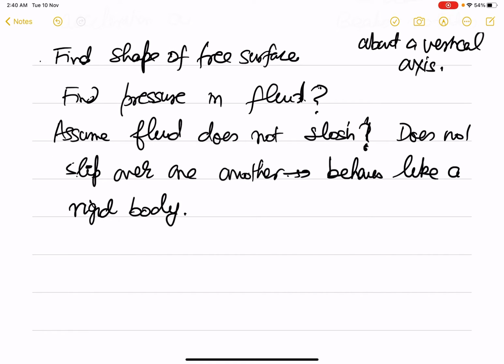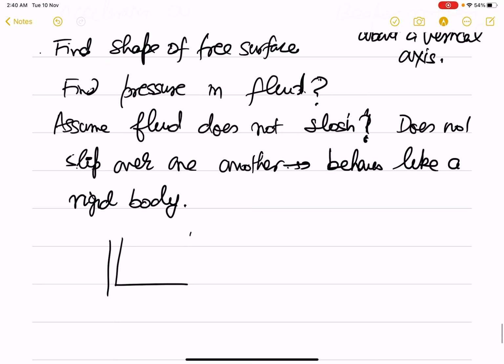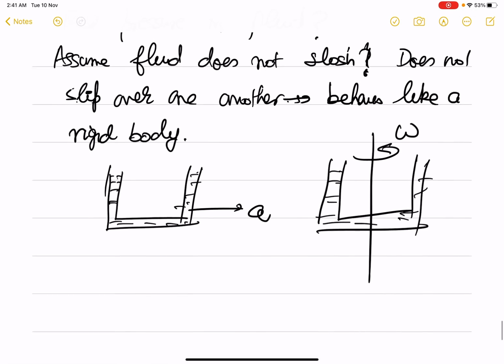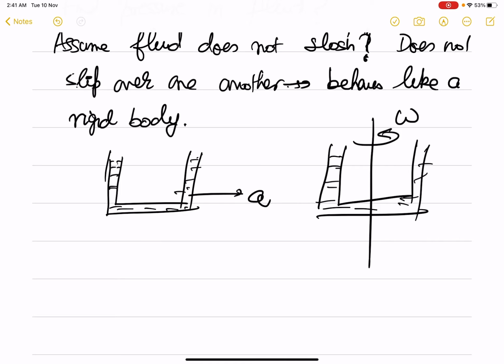So now another example could be we have a tube in which we have filled a fluid, and this tube could either accelerate or we could have the same tube like this, which is filled with fluid, and the tube rotates. Now here, because there is a connected fluid throughout, we can assume that pressure in the other place will be as if we have the same fluid all along. And we can work out our relations.